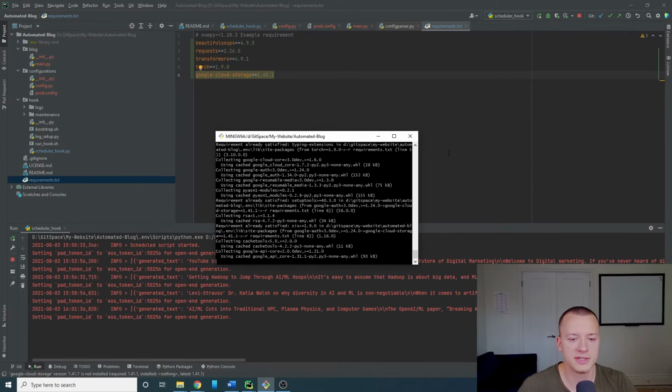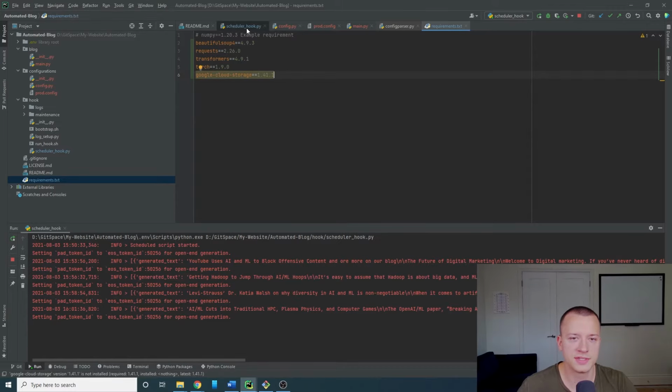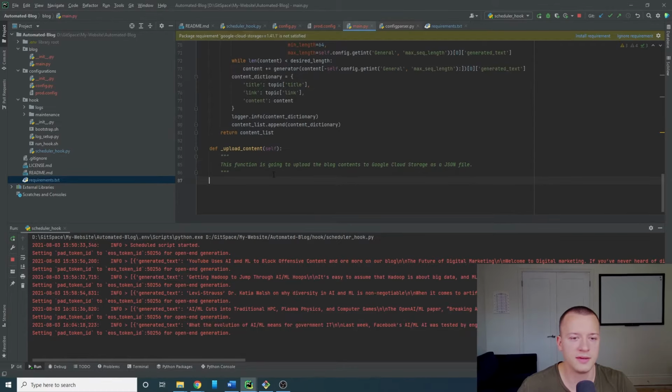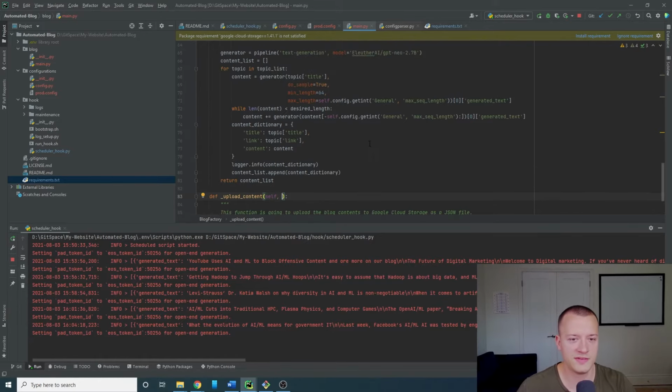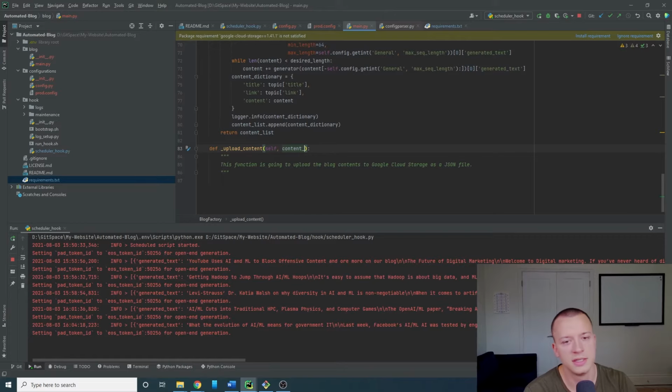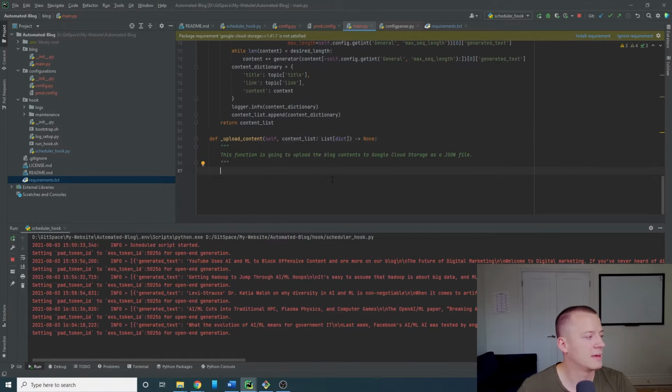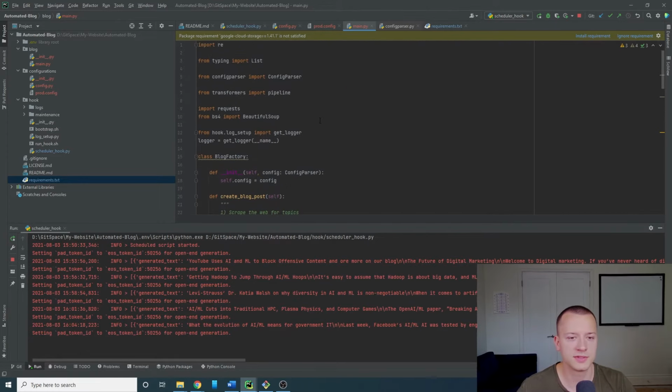Those should not take too long to install. So while those are installing, we can go back to our main and let's fill out our parameters first. So we know for a fact that we're going to pass in our content list. So content list is going to be our list of dictionaries again. And this is going to return us nothing. So I might as well explicitly put that in. And okay, so first thing we need to initialize our client, our Google Cloud Storage client,